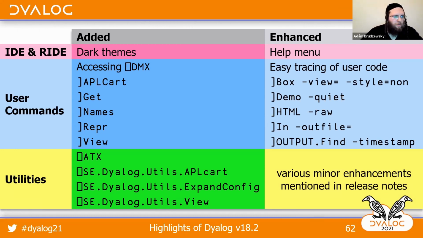Well, we did consider improving existing user commands for listing names. However, all of them had various syntaxes that were conflicting with what we wanted to do in the names command. Map, in fact, doesn't list names in the same way that names does at all. It draws kind of like a tree structure of the current namespace or specified namespace. So that wouldn't be the one, but